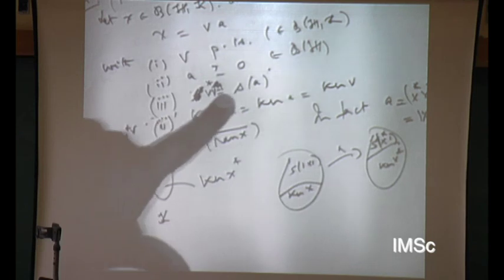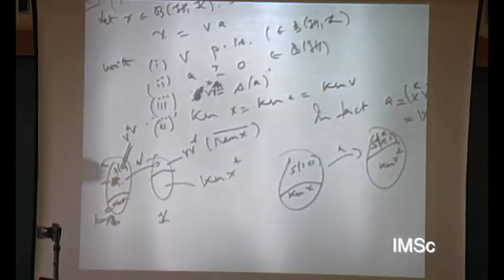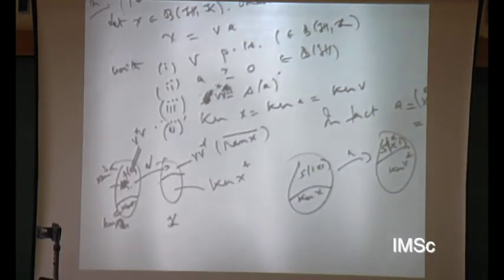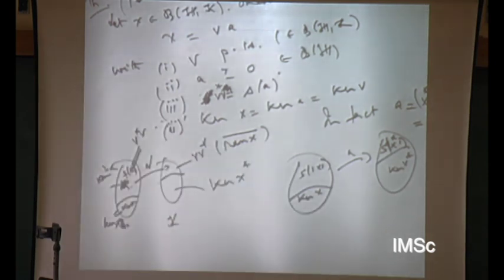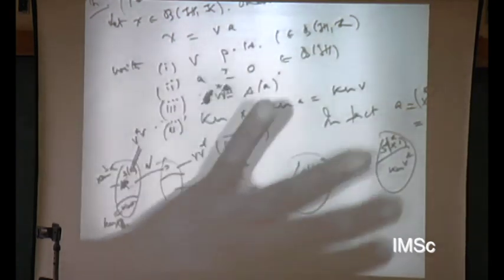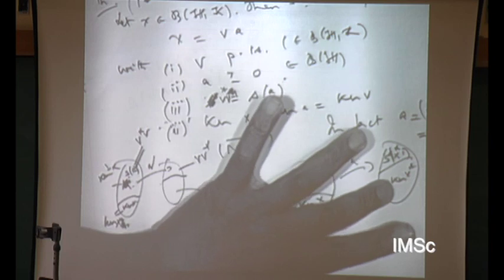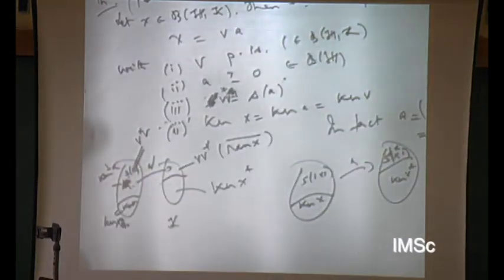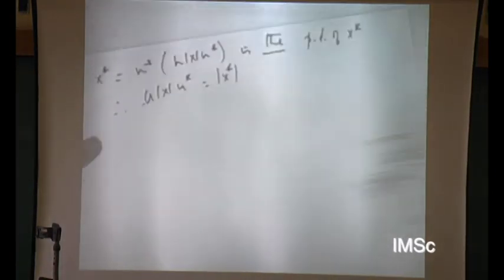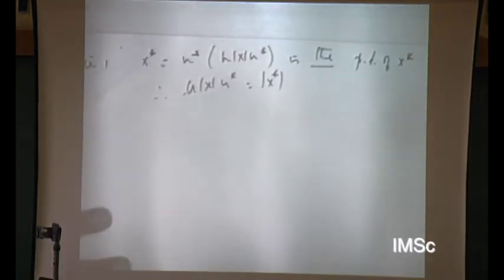That is what we just showed. U mod x U star is mod x star on that part. So U mod x U star is going to kill all of this, and U mod x U star is mod of x star. So U implements a unitary equivalence between mod x